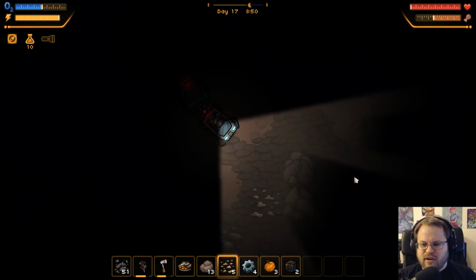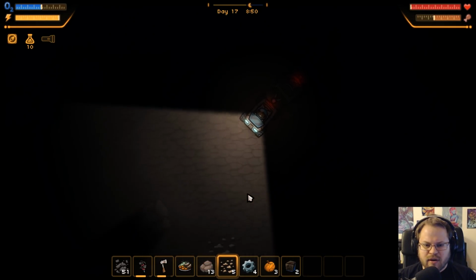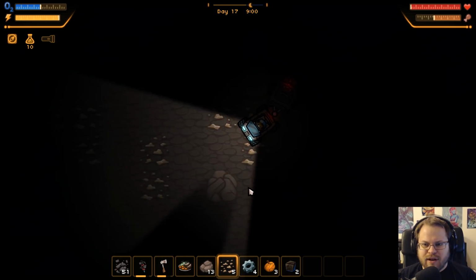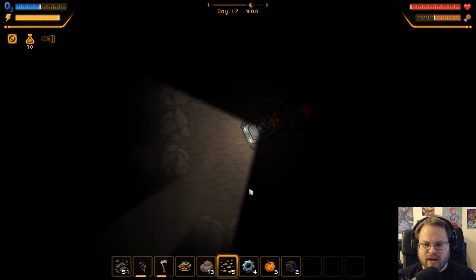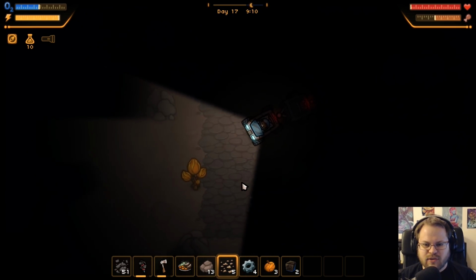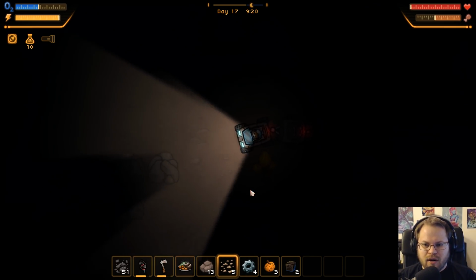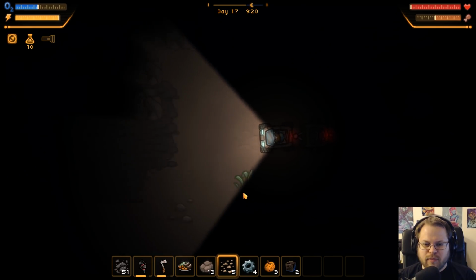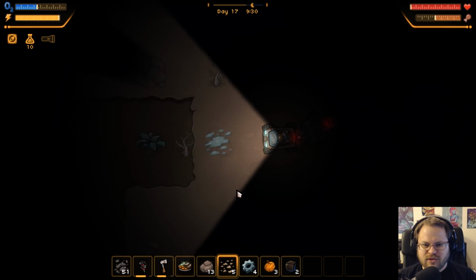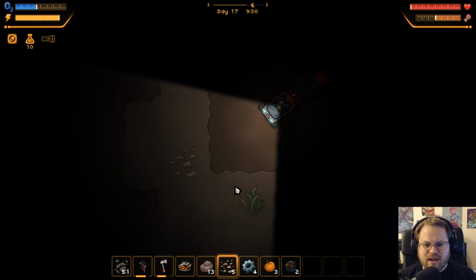I would love it if you could customize these things a bit better. Like, how rad would it be if you could put together some kind of generator for this thing that actually slowly generates oxygen while you're in it? Or a mobile workbench. Or a radial light source. You know, just little bits to make it